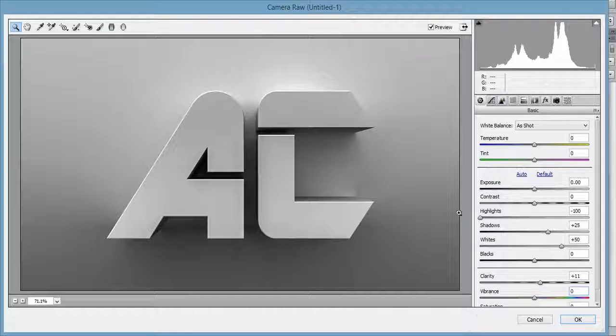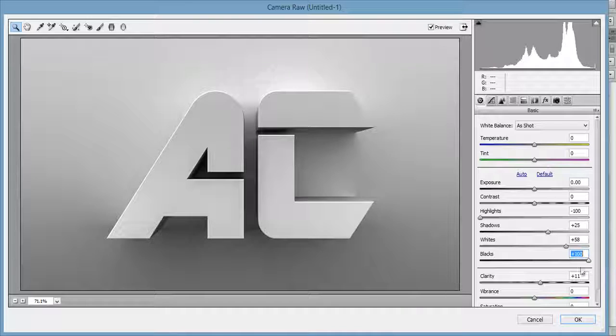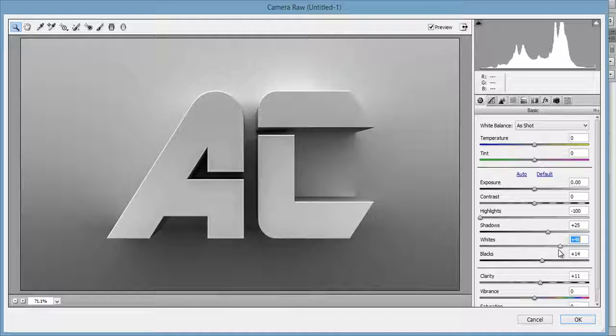Okay, this is before and this is after. Now click on OK.